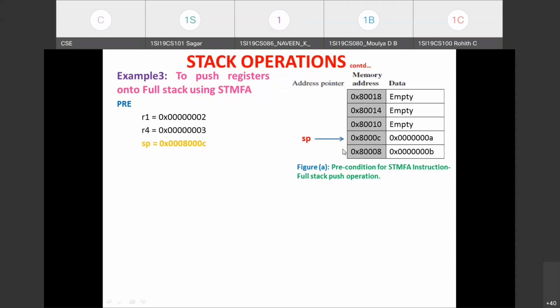We need to perform the push operation using this instruction, STMFA SP!, R1, R4. So this is the instruction that will be executed. Once this is done, we'll see what the contents of the memory will be. You can observe that since it is a full ascending stack, first the stack pointer is incremented and then the data is inserted. And since it is an ascending stack, the stack is growing in the order of